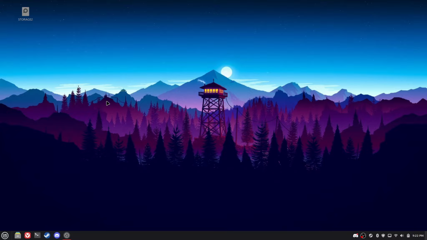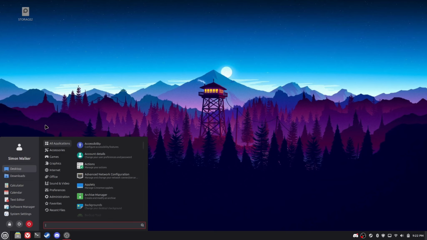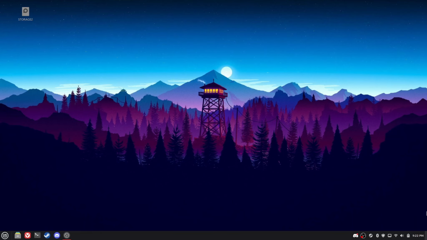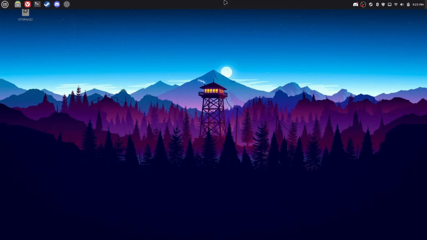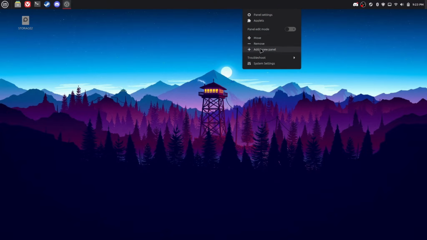You can stop right here if you want to, but I'm gonna go further because the next part is the panel. So, this thing down here, by default, it's a pretty basic panel. I mean, you've got your menu, you've got your task manager, and you got your system tray on the right, but we're going to edit this. So what we're going to do is right click, move this panel, and I'm going to put it up, so you can see this is on the top, a little variation, and we're going to add a new